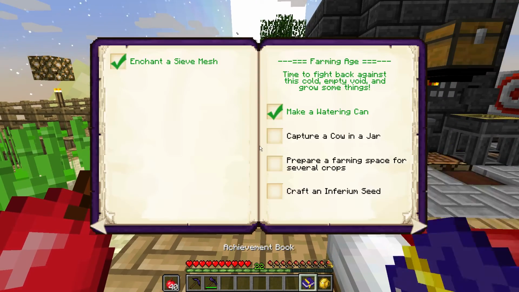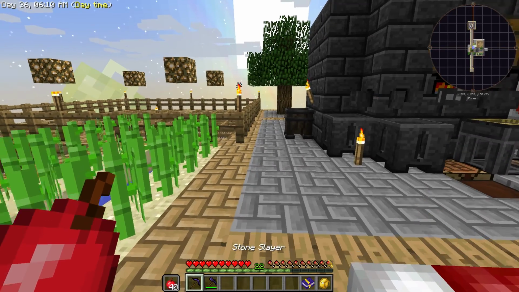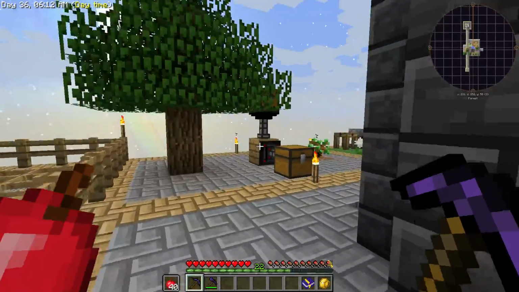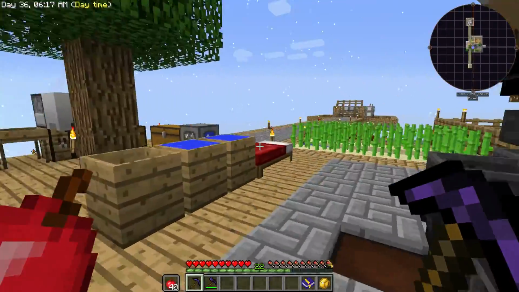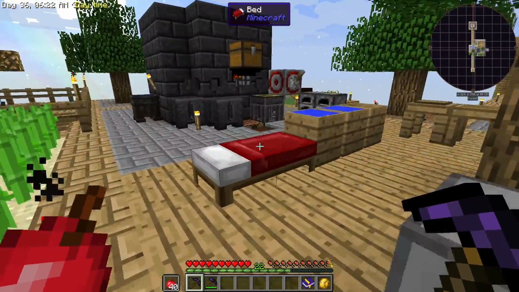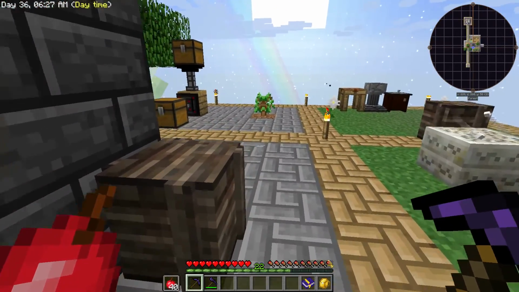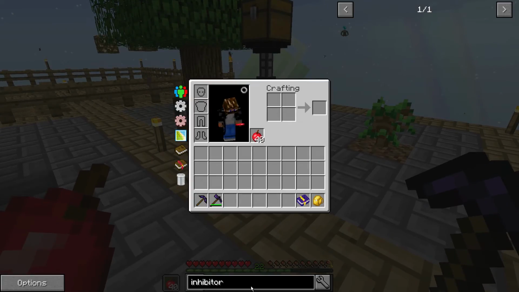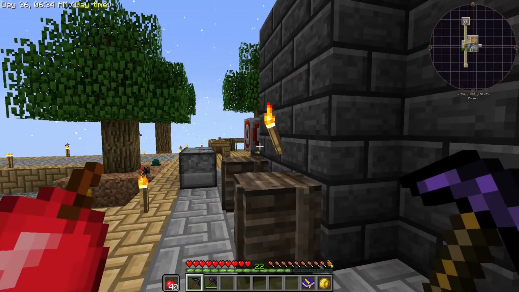Yes, sir. We have just entered the farming age, and now we can actually do some stuff around here. Because the farming age is a very important age, especially if you're into mystical agriculture. So what we really need to do is prepare a space for that, but we also want to get some power. Now, power is very important because we need the inhibitor obelisk to get the Enderman from